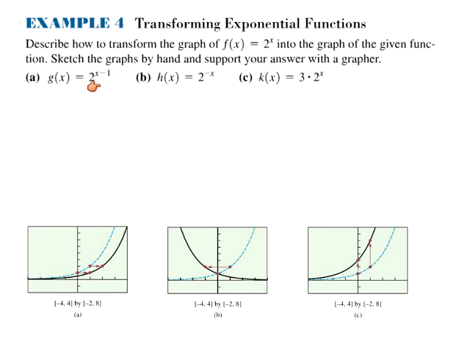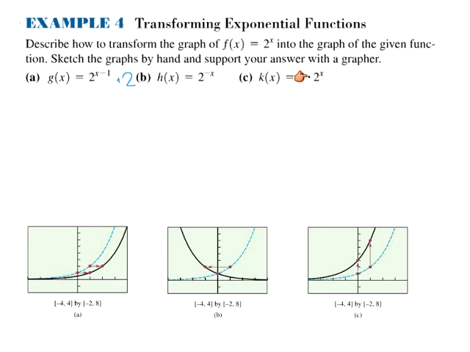If you are adding or subtracting on the outside still, like this, notice how that is not in the exponent. That has the vertical shifting of your graph. So up or down is your rule there. You also have your stretching and your shrinking. If you're multiplying by a value out front, that is your vertical stretches. And then the horizontal ones would be if you're multiplying the exponent by something.